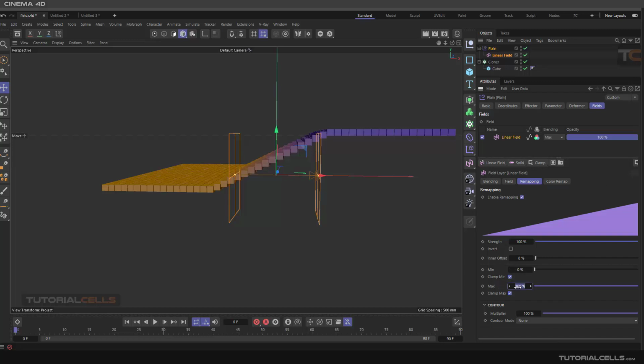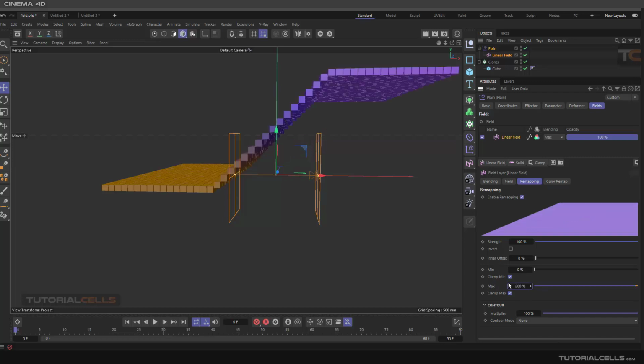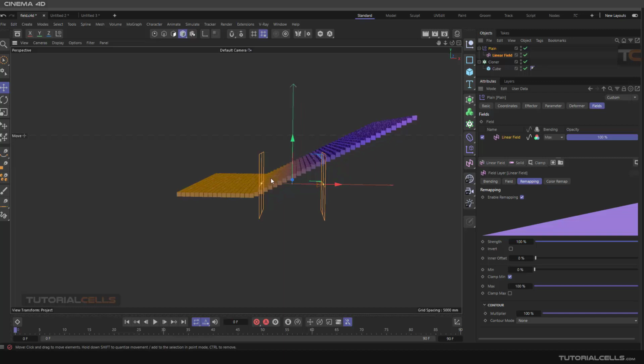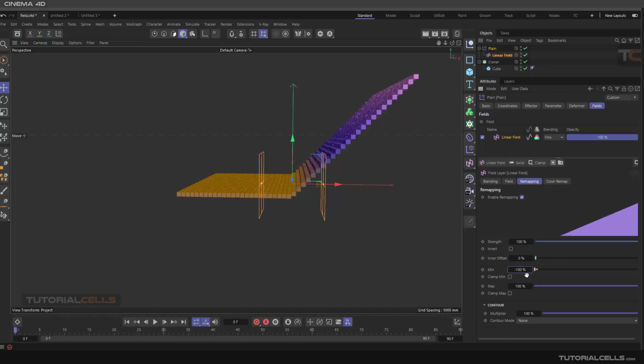If you make it double, as you can see, it goes double of 100 centimeters. We have 100 centimeters, but here we clamp. Because the maximum clamp is turned on, it clamps at the value that you assign here. But if you untick that, it goes to infinite. If you make it 100%, it also goes infinite. You can just change the slope of that. This is the maximum clamp. If you turn the minimum clamp off and go, for example, 100 negative, as you can see,